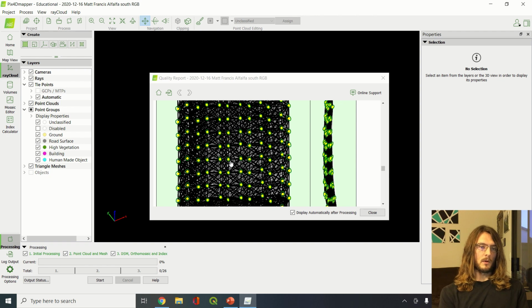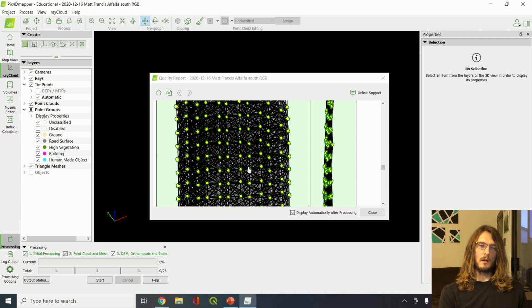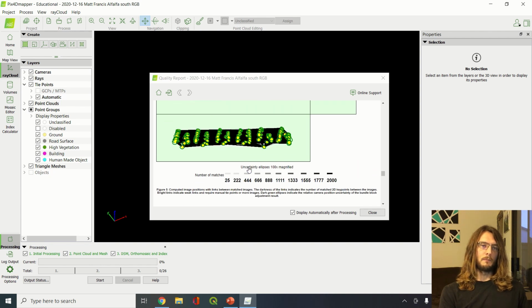You can see, for example, here, what we're seeing is the number of points that were identified between images. So each image location is a yellow dot, and then a dark bar between them shows lots and lots of tie points that were found in both those images. The fact that there are dark lines between all of these is great. We have lots and lots of overlap, lots and lots of features being identified in tons of pictures, so that's